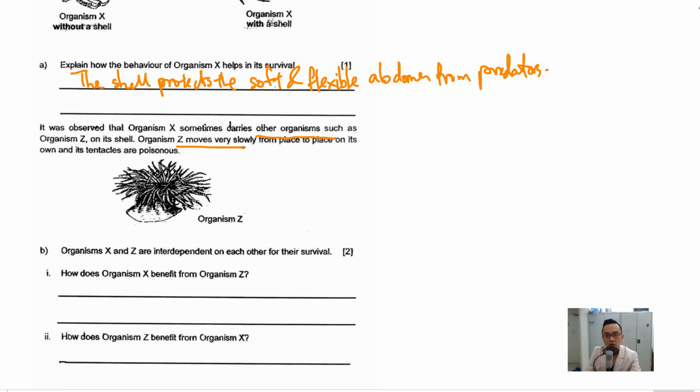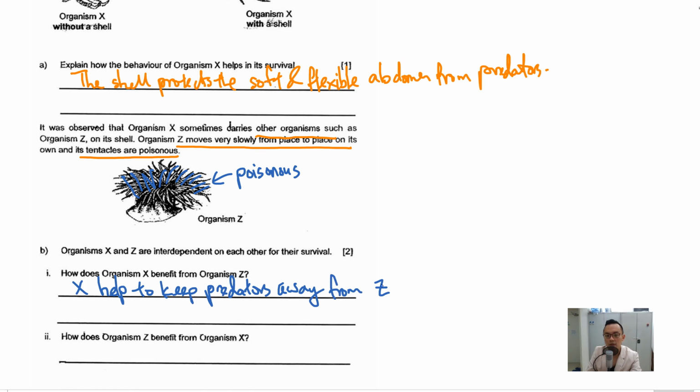Organism Z moves very slowly from place to place on its own, and its tentacles are poisonous. So organisms X and Z are interdependent on each other for their survival. How does organism X benefit from organism Z? So just to refresh, so these are poisonous. All right. So how does X help Z? Because organism X helps to keep predators away